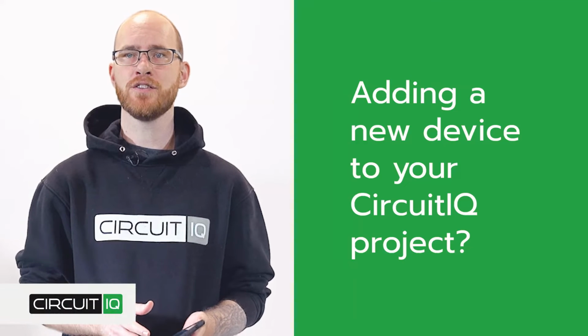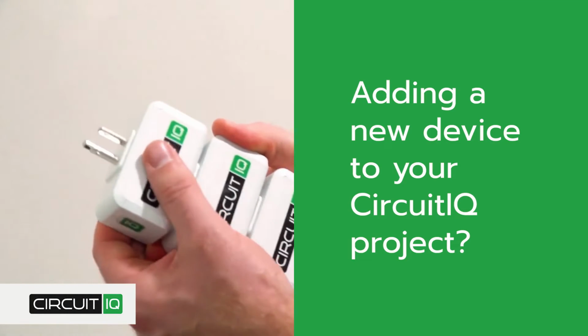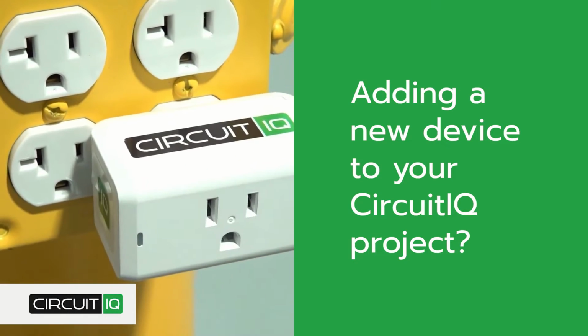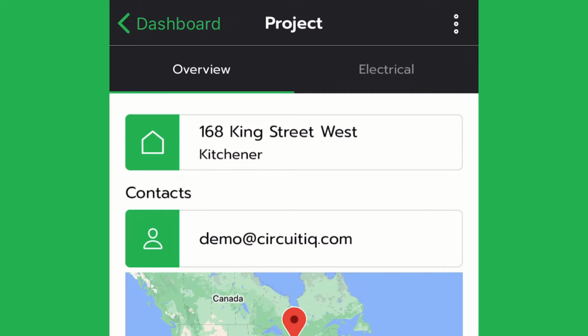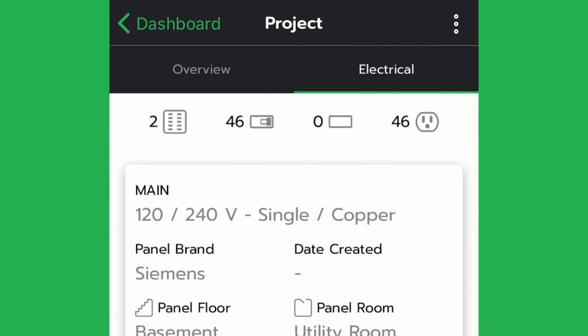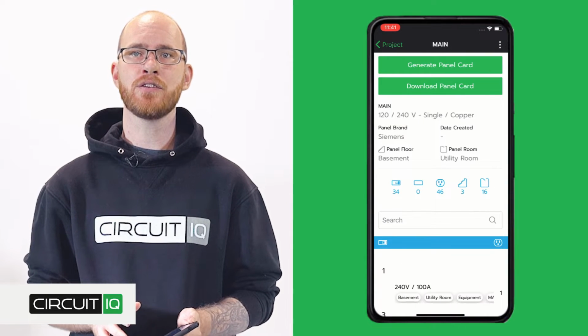To add a newly installed device, whether it's a plug, light, or other piece of equipment, to an existing project, start by logging into your CircuitIQ account and access the last project you're working on from the Properties tab. Once on the Overview screen, swipe to the Electrical tab and click on the panel you want to add the